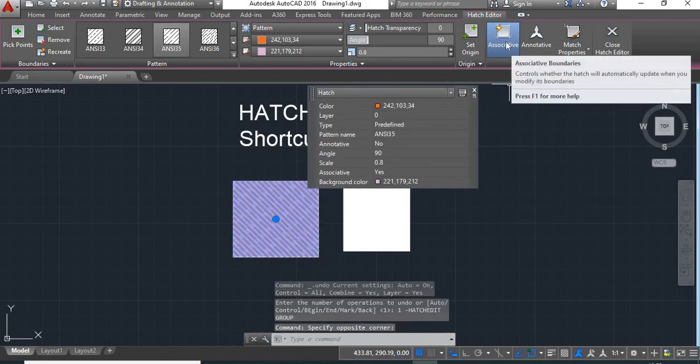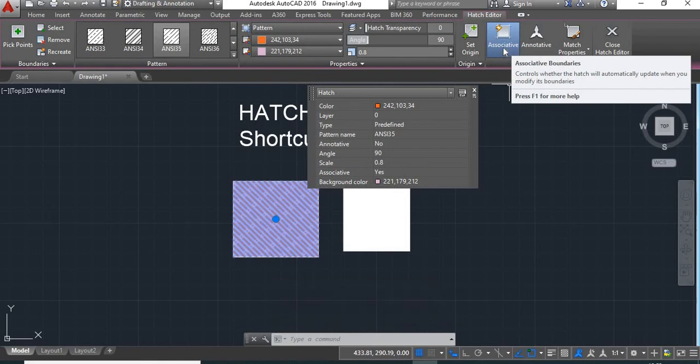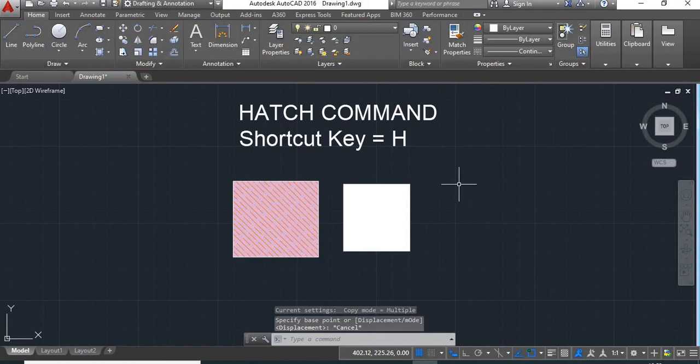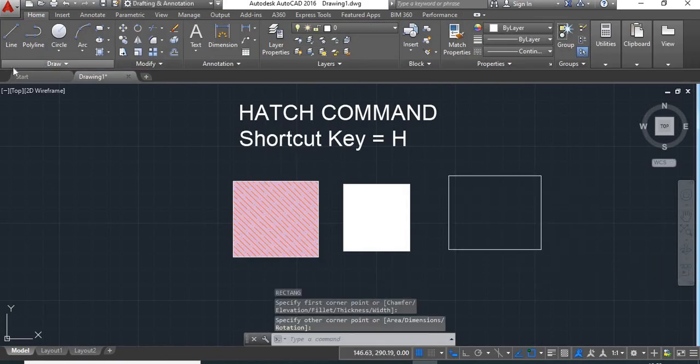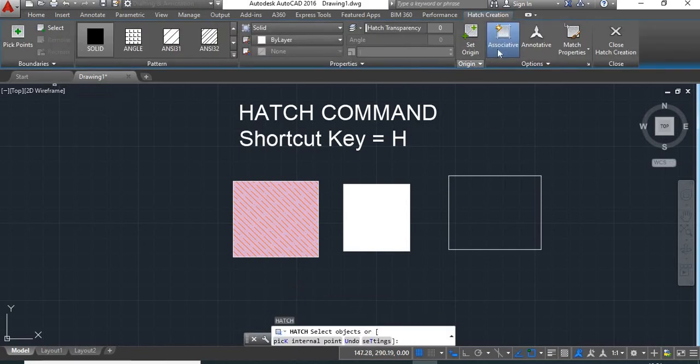Now next is associative. Now to show the effect of this associative, first I'll put it off. Now we'll take an object here. We'll give hatching to this.